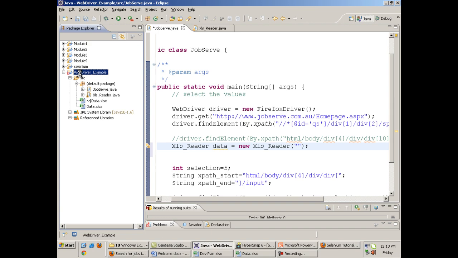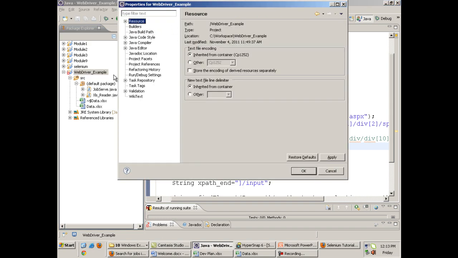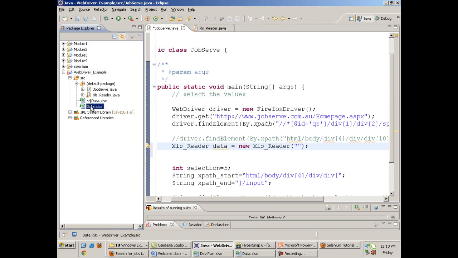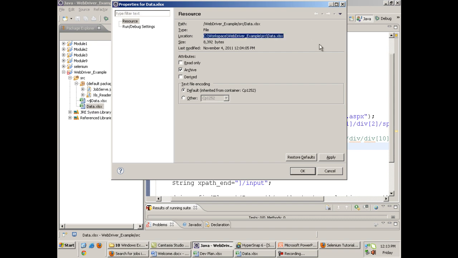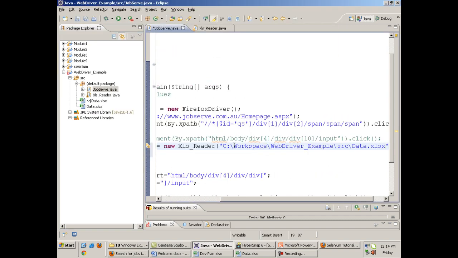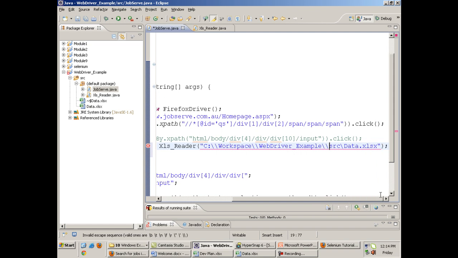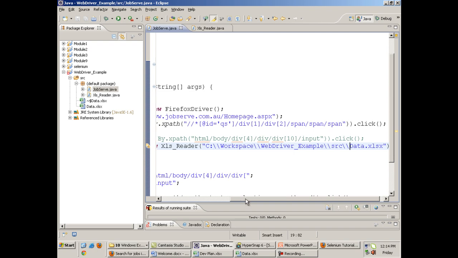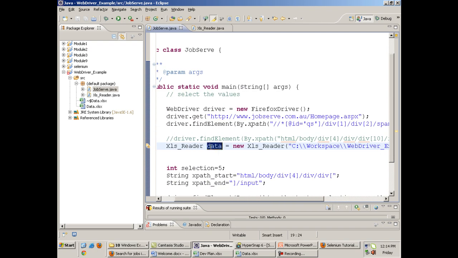The path of the Excel file is the path of this. This is the Excel file in which the data is there. I'll write the path in double quotes. In Java you have to give double slash. Now I have this XLS reader object with me.